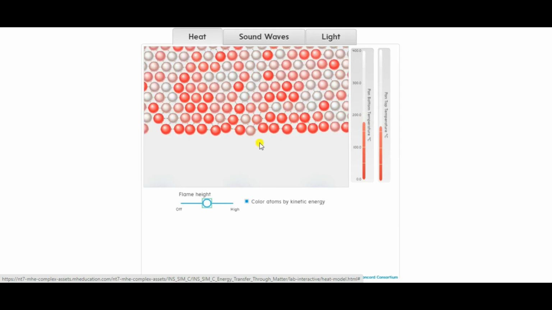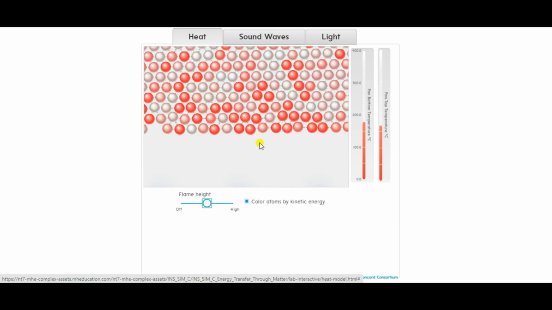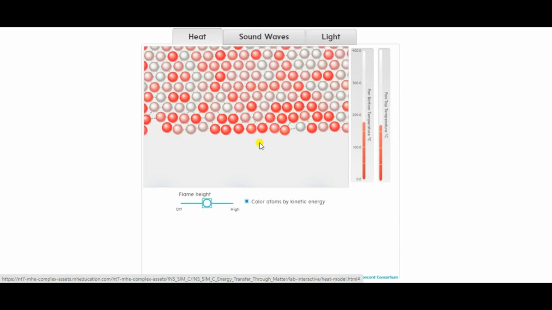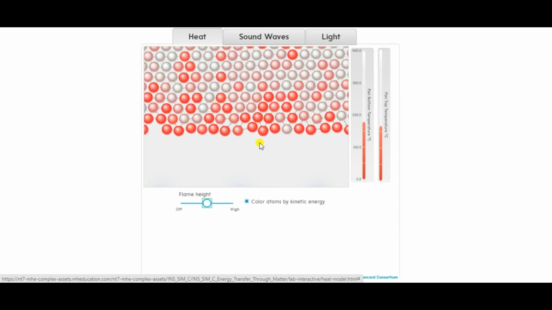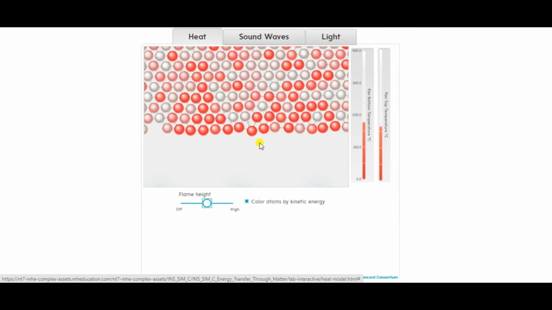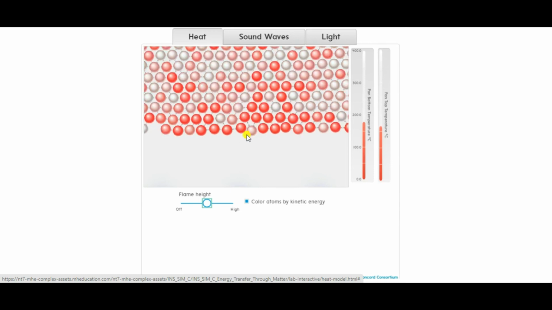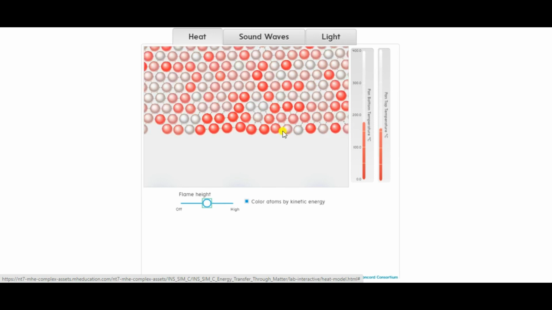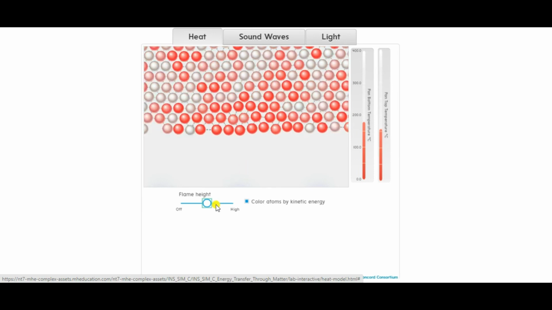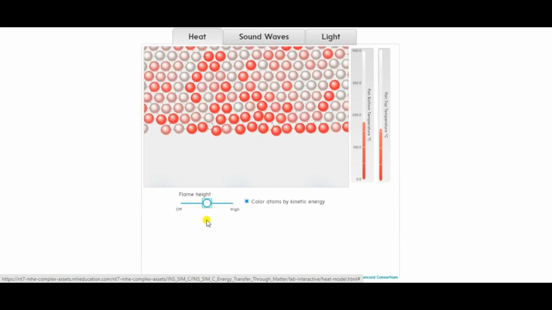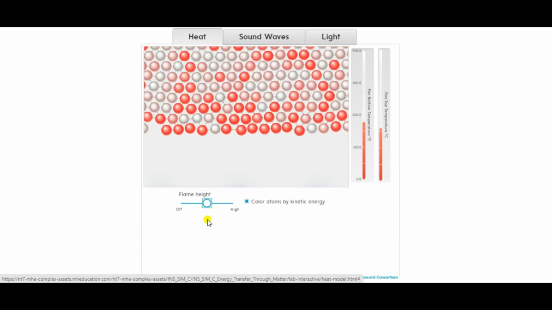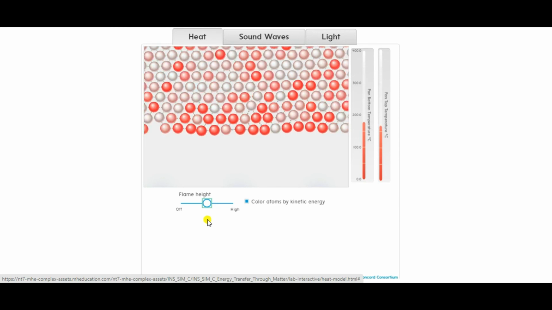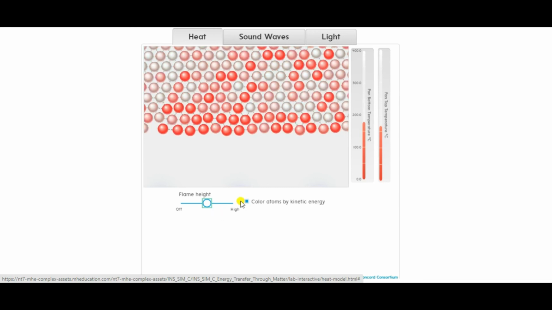So yet again, take a look at the scenes that we have right here so you can write your observations in the box that says flame height medium. I can see some movement, some more movement actually, in the molecules way at the bottom of the system, right? Something that we didn't notice in our past try. At last, we're going to use the slider to set the flame height to high, and then you're going to record your observations. I'm going to turn this off